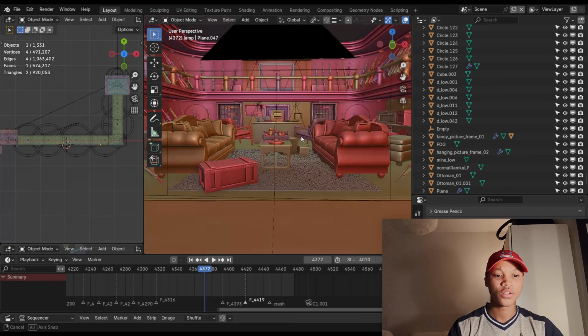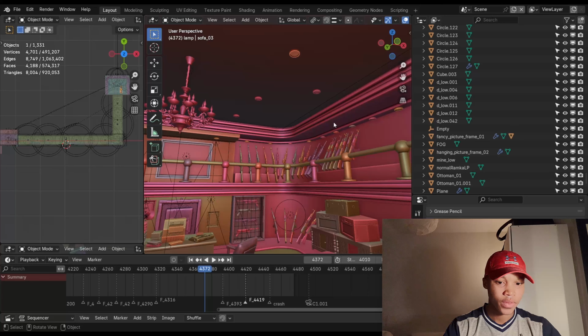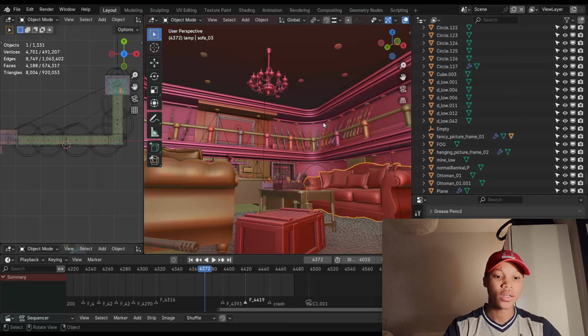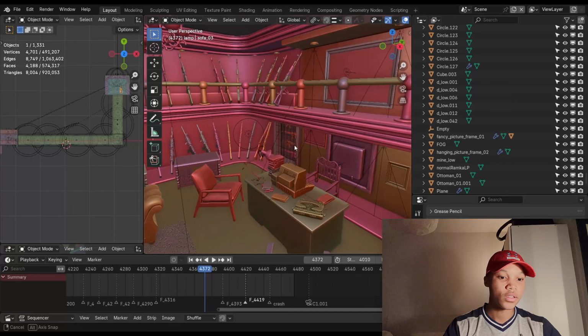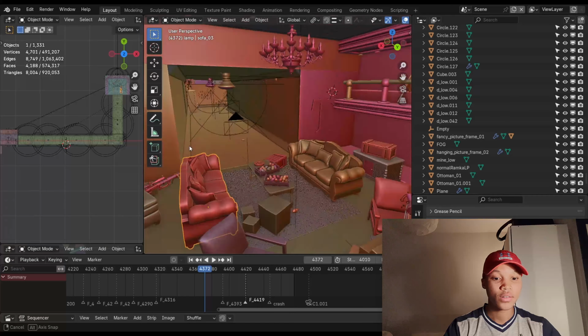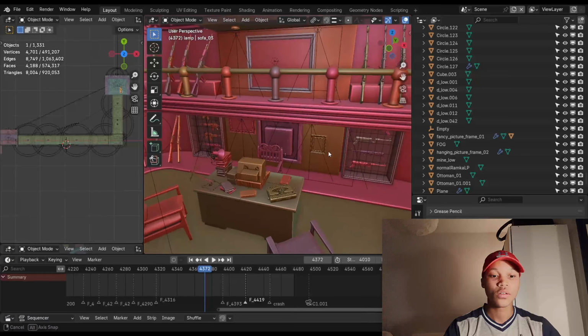All of these guns, I got them from CG Trader. Imagine if I were to model all of these. These are 5 different types, I'm pretty sure, and if I modeled all of this, it would take me a good while, you know what I'm saying? I could just use that energy elsewhere. So this is all with the gun room.